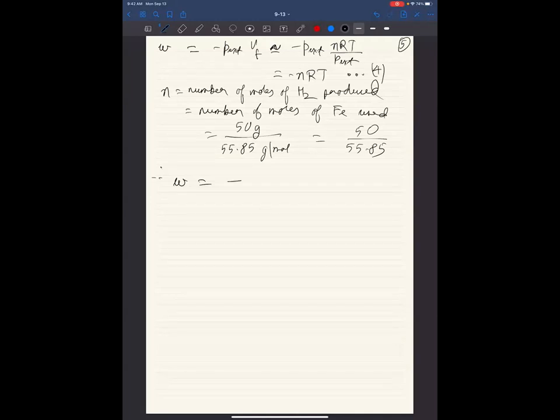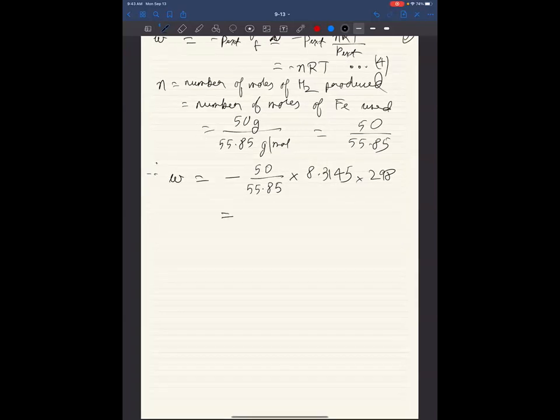Equation number 4 has a minus sign. It has an n. We saw that n is equal to 50 divided by 55.85, multiplied by R, that is 8.3145, multiplied by temperature, which is given as 25 degrees Celsius. So that's 298 Kelvin. By the way, just to state the obvious, in thermodynamics, anytime you see temperature in an ideal gas law or an equation of state, it's always absolute temperature, always in Kelvin. You might be given information in Celsius or Fahrenheit or any other temperature scale you fancy. You have to change it to Kelvin. If you just multiply things together, this comes out to be minus 2.2 kilojoules,